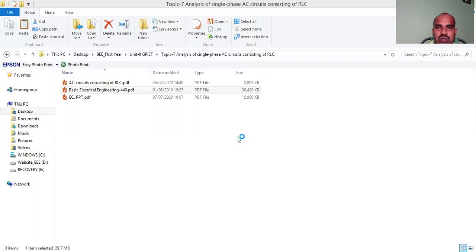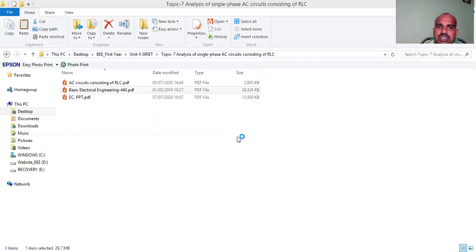The total voltage, by using the triangle, V equals the square root of VR squared plus VL minus VC squared. Here this is VL and this is VC, and A B is called VL minus VC. So for the V value you get VR squared plus VL minus VC whole squared. VR squared means I into R squared, VL equals I into XL, VC equals I into XC. Taking I common, to find the Z value, that equals R squared plus XL minus XC whole squared.